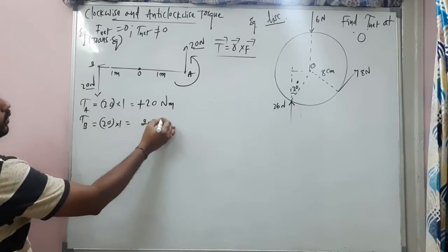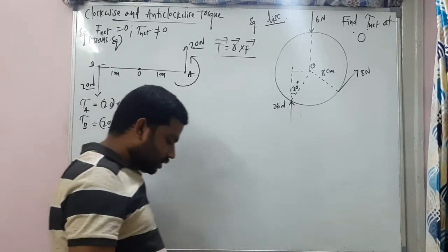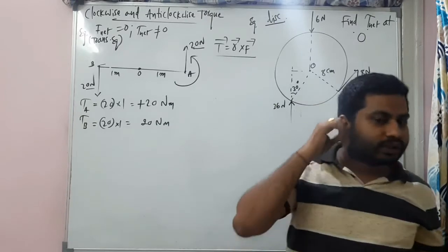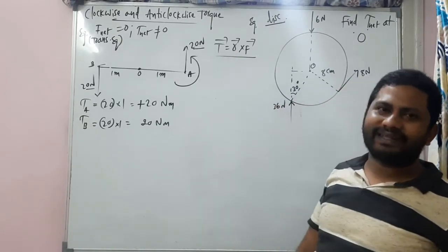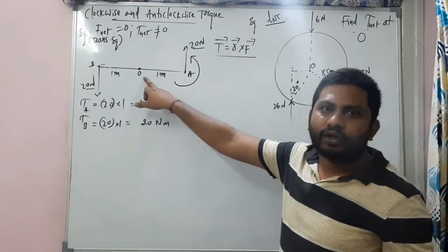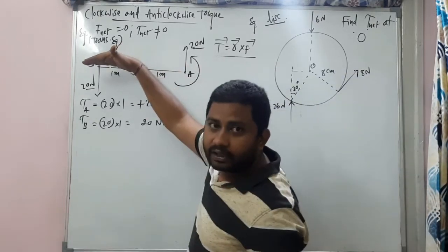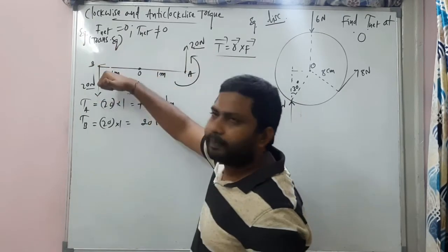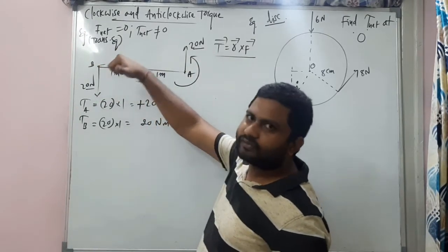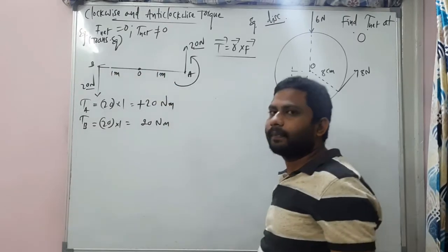Okay, torque at point B: force 20, perpendicular distance, this is also 1, my dear students, so it's 20 Newton meter. What about the direction? That's very important, right? R bar cross F bar, yes, from the axis of rotation. So this is R bar and this is F bar. Look here. My thumb is directed out of the plane once again.